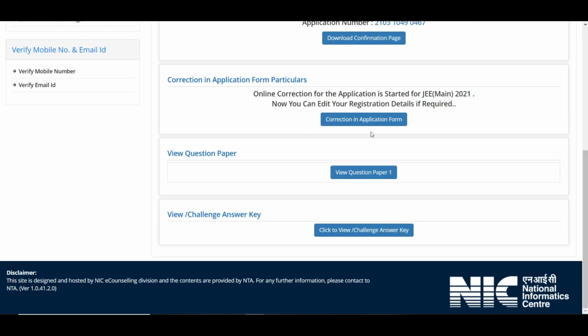From here, in view question paper, you can download your response sheet, meaning the options which you chose in the exam can be seen here. From here, correct answers can be seen, and from here, note down the question ID and option ID which you chose. Verify with the option IDs and question IDs, and try to calculate your score. This is the official answer key.